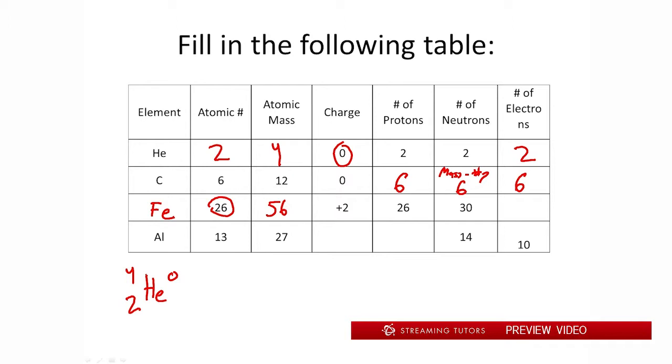So this is an ion. Since we have a positive 2 charge, there's 2 fewer electrons than protons. So that's going to be 24 electrons. Because for that one, if we do number of protons minus number of electrons, we have 26 minus x equals 2. Then x equals